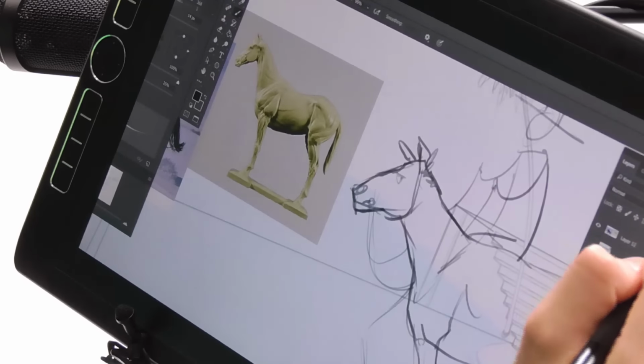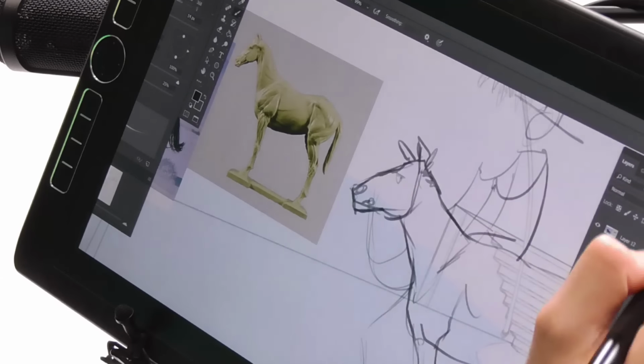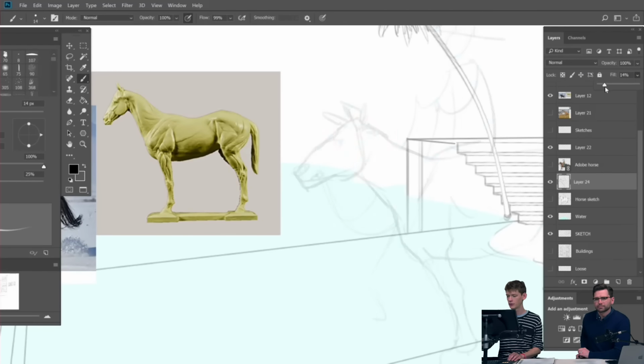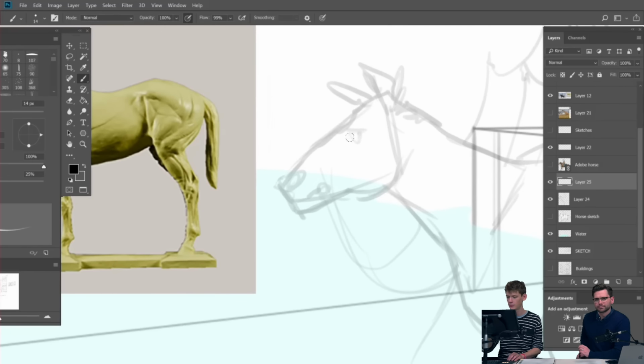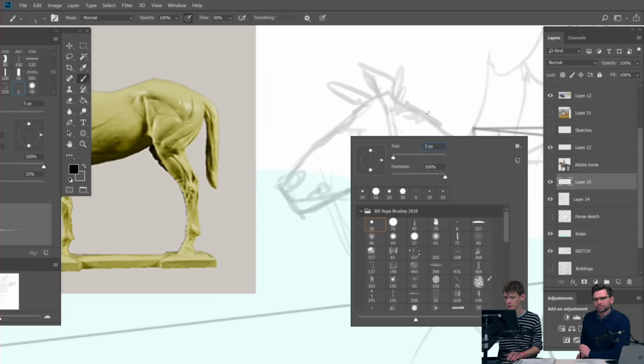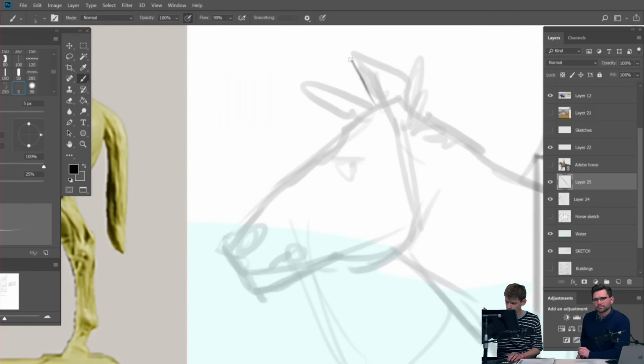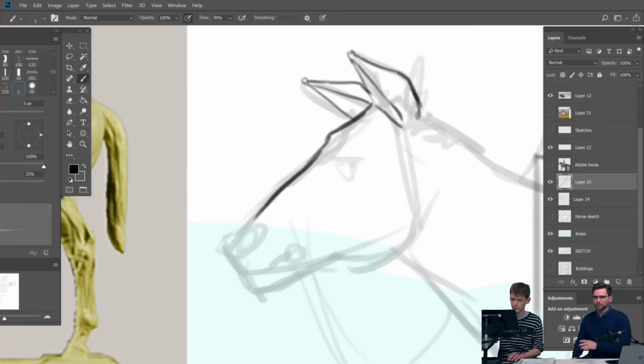And then what I'll often do is, as soon as I've got something where it's getting a bit busy, I'll drop that layer's opacity way down, start a new one, zoom in, maybe I'll get a finer brush. Let's go to a 5-pixel brush, and then I can start working on top of that. And you can do this over and over and over again to get a more and more refined picture. So you're just iterating on your previous quick sketch. Yeah, and then slowly adding more detail.